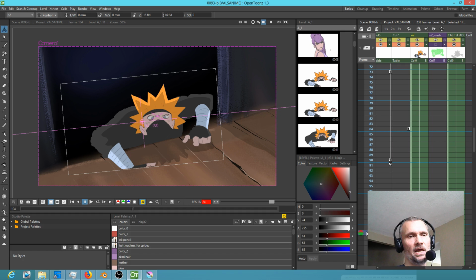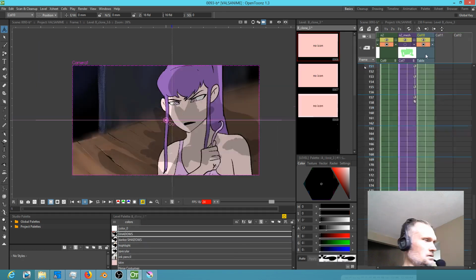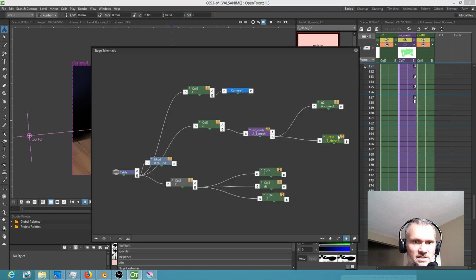Now, one could argue that a better solution would be to just ditch the shadow layer and redo it, but that's okay. We'll do the clone thing. Clone, yes, rewrite, apply to all, okay, delete that, F3, there it is. That's supposed to be there. Okay. So now what you'll see